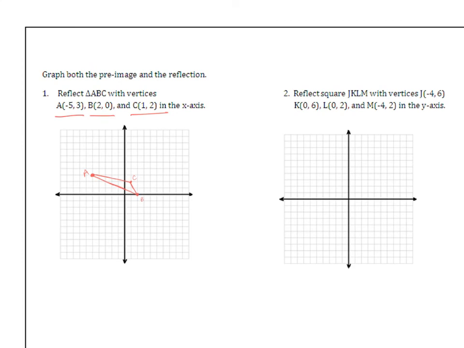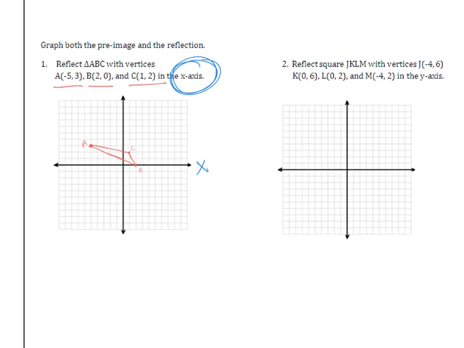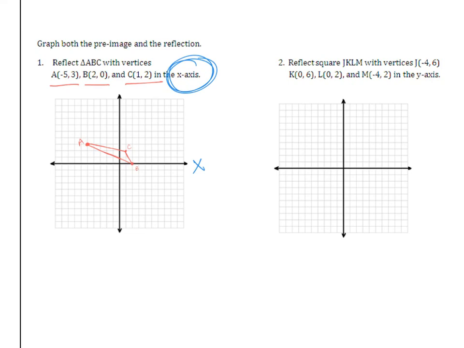So here you can see I've plotted points A, B, and C. Now number 1 says reflect triangle ABC with these vertices in the x-axis. Remember, the x-axis is the horizontal axis. Could I eyeball it? Probably, but for your homework, underneath each graph, you are going to write the new coordinates